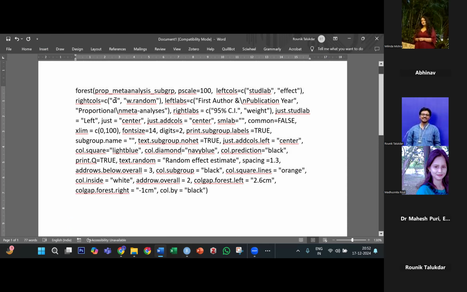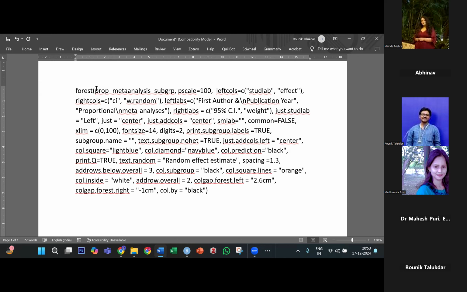ओके, तो कुछ बेसिक चीजें मैं बताता हूँ इस कोड की। तो द कोड इज कॉल्ड फॉरेस्ट। तो पहले इस कोड का नाम था फॉरेस्ट डॉट मेटा। अभी न्यूअर वर्जन्स में इट हैज चेंज टू फॉरेस्ट। सो फर्स्ट यू हैव टू स्टार्ट विद द कोड। देन तुमको बोलना है कि कौन सा एनालिसिस को लेके मुझे प्लॉट बनाना है, तो वो जो नामकरण किए थे वो नाम यहाँ पे पुट इन करना है। सो यहाँ पे मान लो प्रॉप मेटा एनालिसिस किया हो, कुछ भी जो भी नाम दिया हो उसको यहाँ पे लिख दो। उसके बाद पी स्केल 100 यहाँ पे फिर से जरूरत नहीं है, क्योंकि ऑलरेडी तुम एनालिसिस के टाइम पे पी स्केल 100 कर चुके थे। अगर नहीं किए होंगे तो यहाँ पे पी स्केल 100 कर देना।